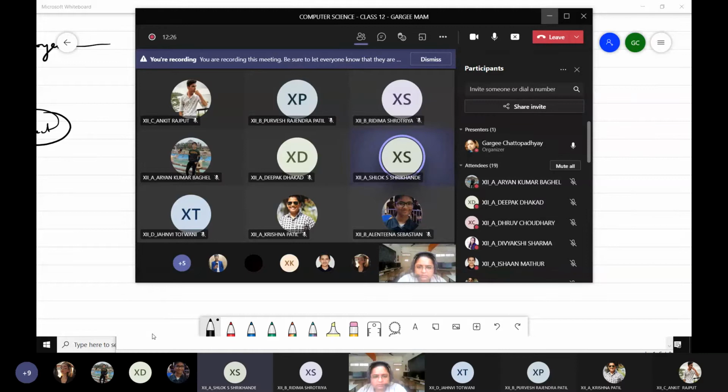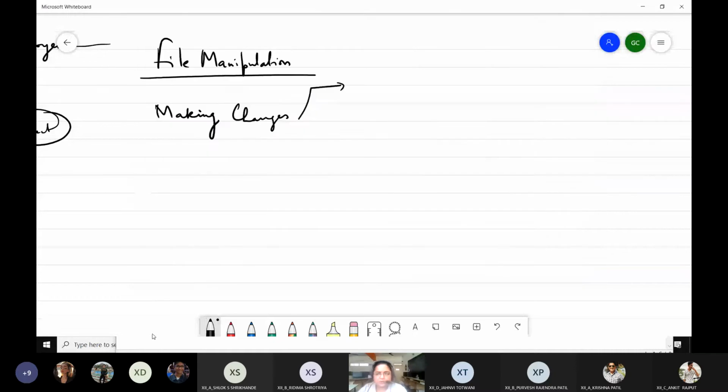Edit the stored information in it. Okay, edit the stored information. Other than that, if the file has been created for the first time, we can store information, that is add data to it. Okay, we can write data to it, we can add more data to it, we can edit the data, that is modify it, we can delete the data, and we can also read the data.